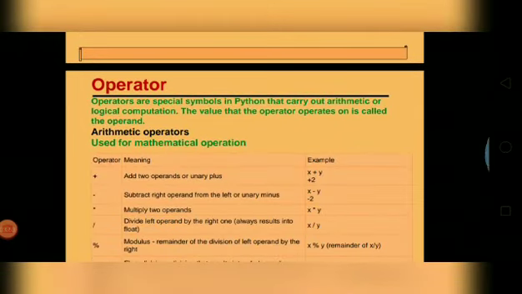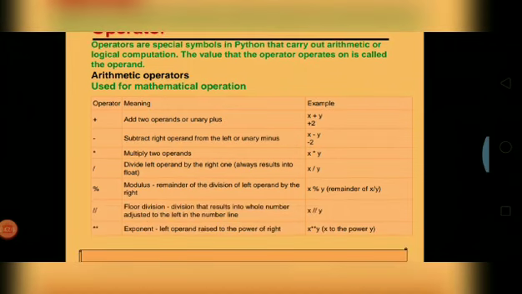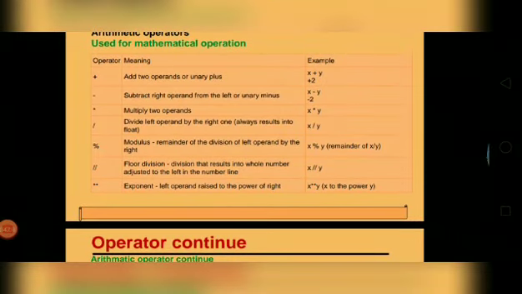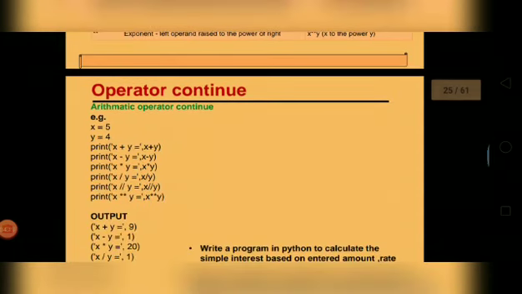Now we are going to start the next topic, operators. The simple operators are plus, minus, multiply, divide. For division we basically have two operators. First is the forward slash, then again double slash. A single slash is used for decimal division, and a double slash is used for integer division. So we have to take some examples.